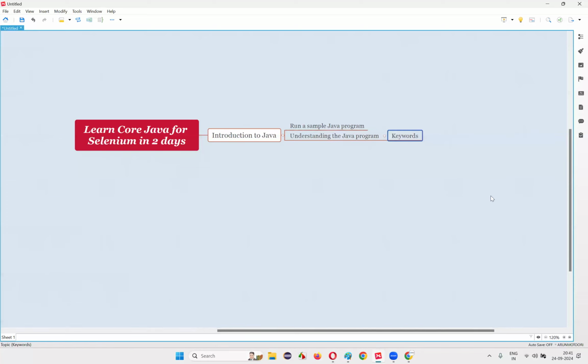Some predefined keywords will be there, some predefined classes will be there, some different stuff will be there. Whatever keywords are there in the sample program, I'm going to explain a few of them. To understand the Java program and to get started, I'll first explain some keywords, and